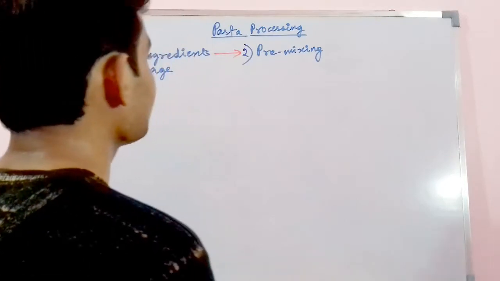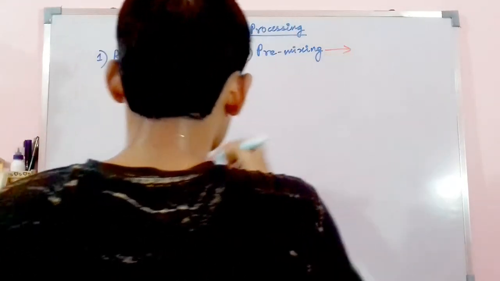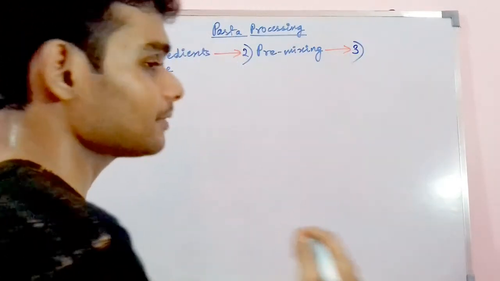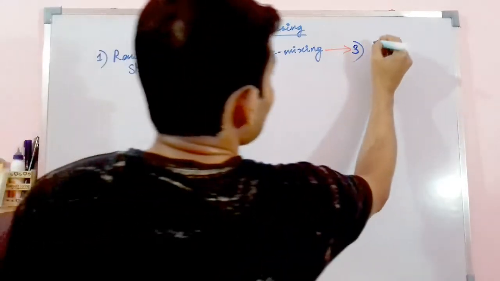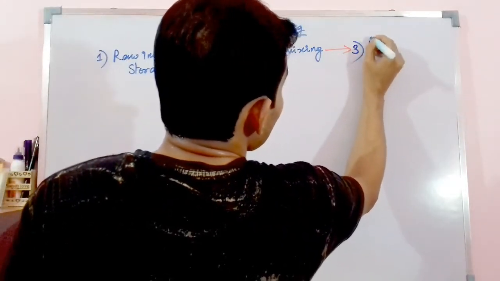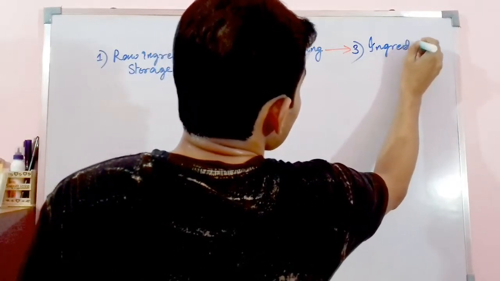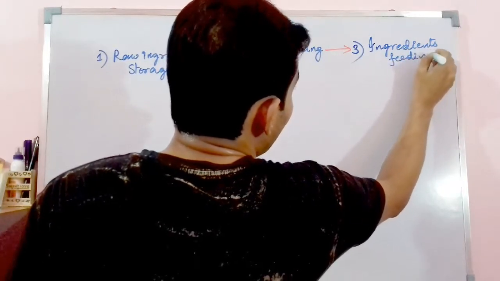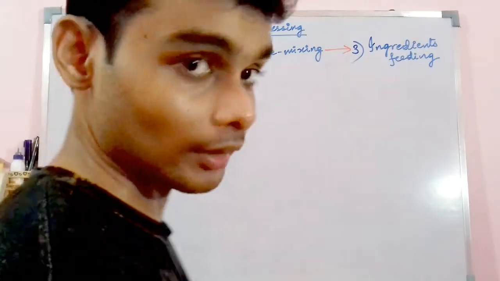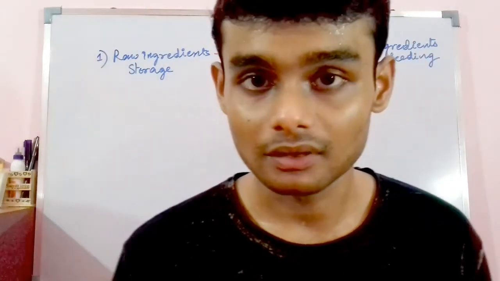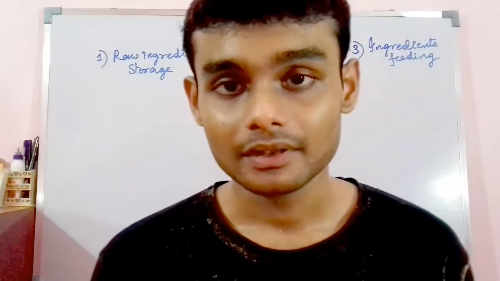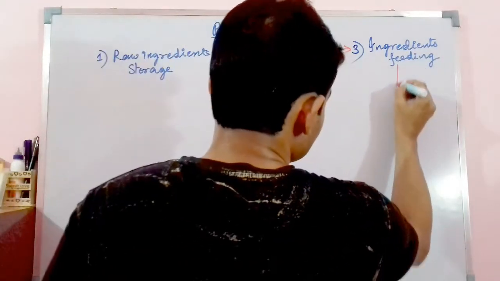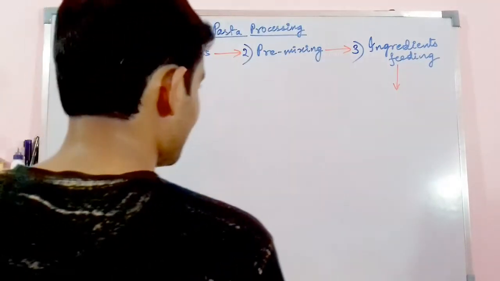Now, after the premix is completed comes the third step. The third step is nothing but, once the premixing is completed, the premixed ingredients are being fed. Premixed ingredients are being fed into what? Into the feed hopper, the conical hopper that is present on the extrusion machine. Okay. Now, after this ingredient feeding part is completed, comes the part of